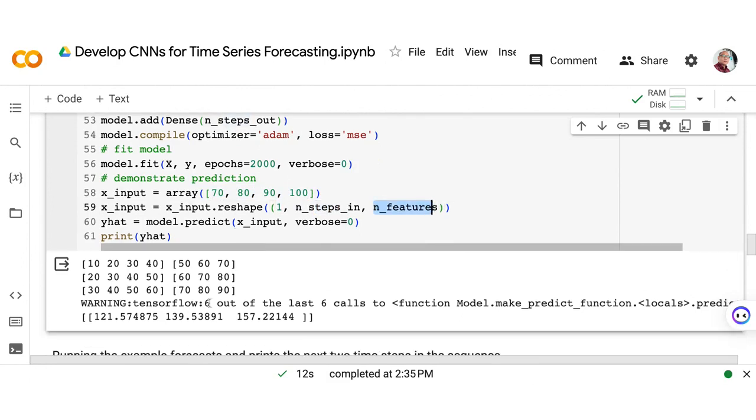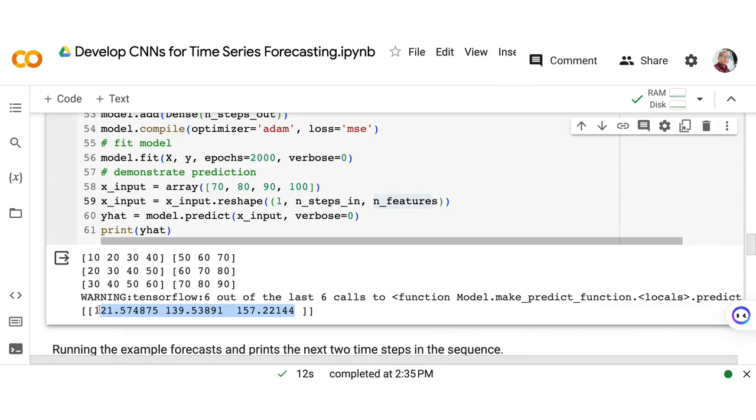So we now have the following answers, no? If we have 70, 80, 90, and 100, we're expecting 120, 130, 140, in sequence.